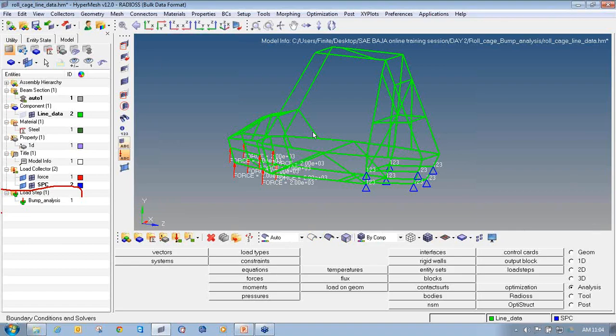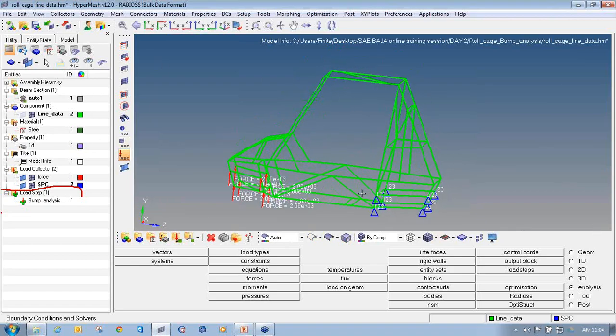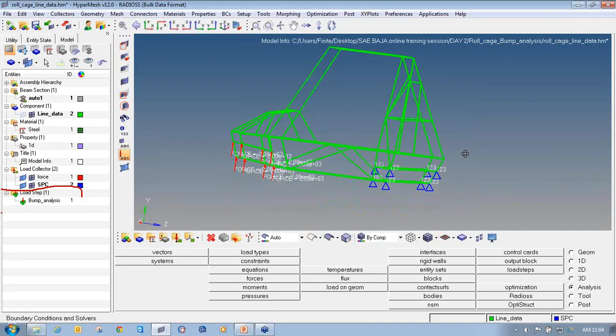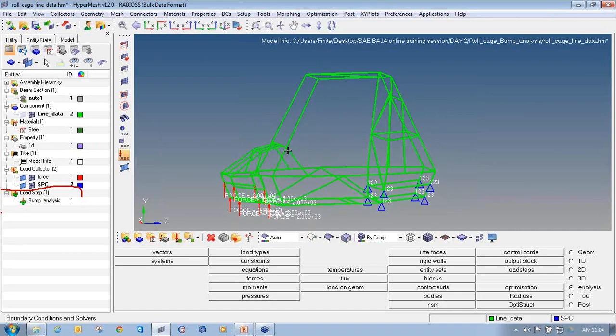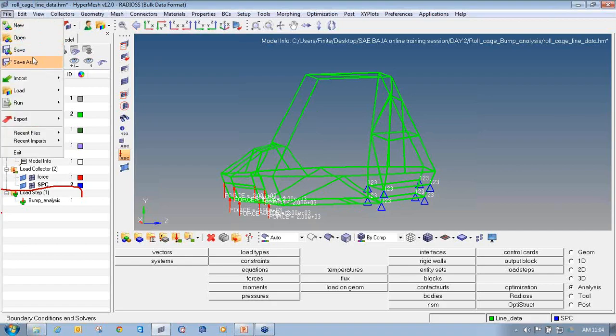Now as I have defined the complete process, that is MPCLL, I will save this file and solve this using Radioss and then view the results using HyperView. First of all I want to save this file. To run the analysis I have to create one folder, so that all the files the solver generates are in one single folder. So at a later stage I can use those files for different types of applications.